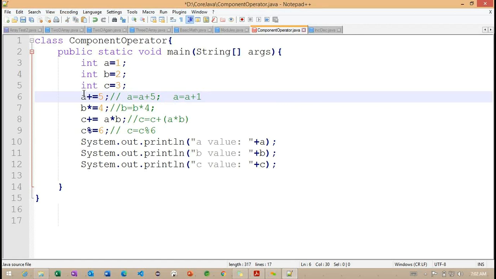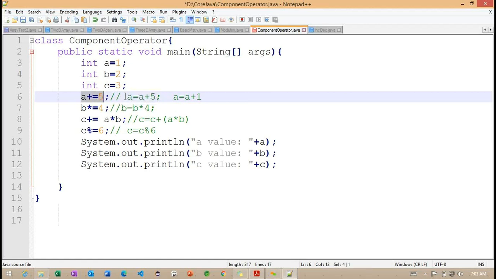In the same way, using the compound operator, you can observe here: a plus equals 5. With the help of this compound operator, we can write a += 5. Internally, the format is converted by the compiler. As a developer, we do not have to convert it explicitly.